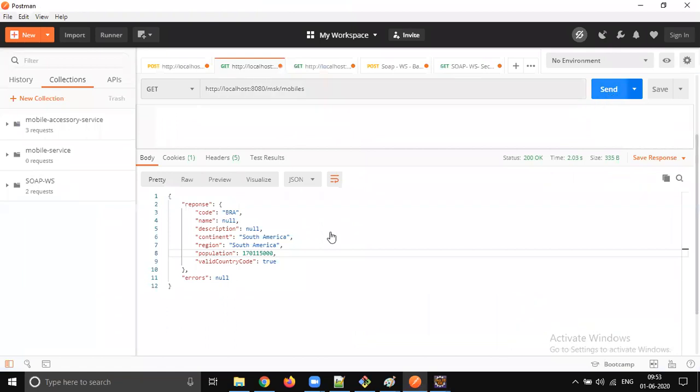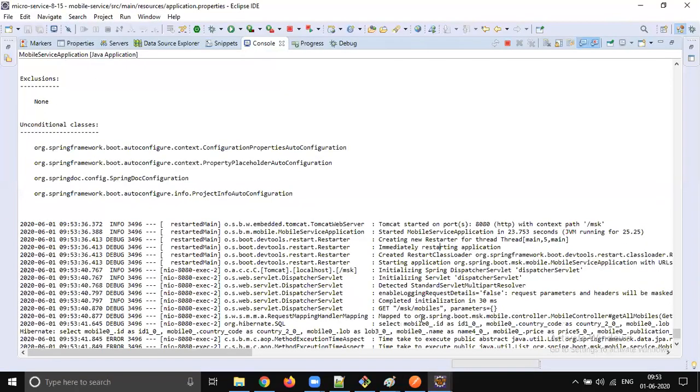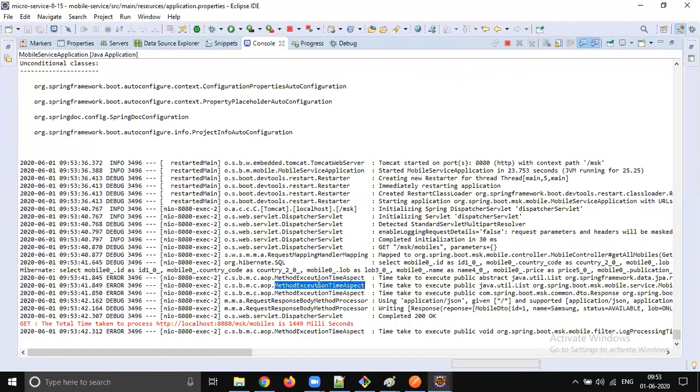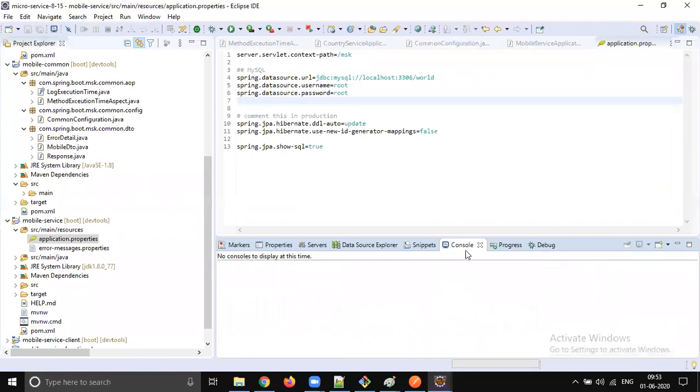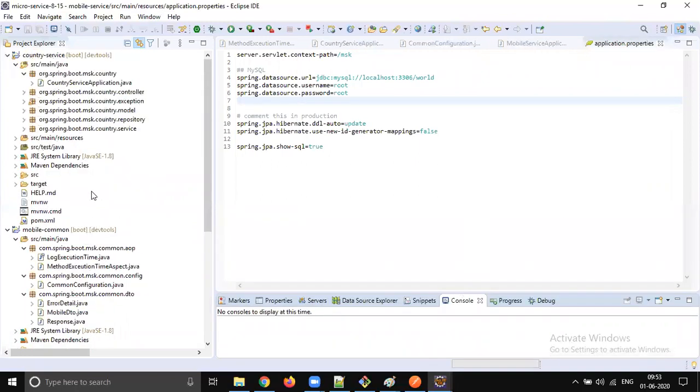So let's use send to get that aspect, right? Yes, time taken, time taken, time taken, right? Yes. But here it is extra, right? Filter is extra we are getting. So let's move that filter also into the common, right? So let's move that filter also, right? So yeah, let's start with the Swagger, right?